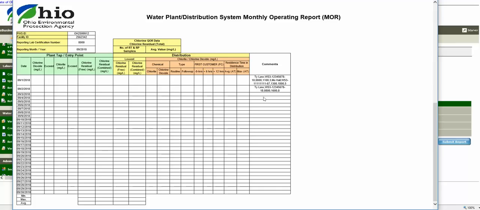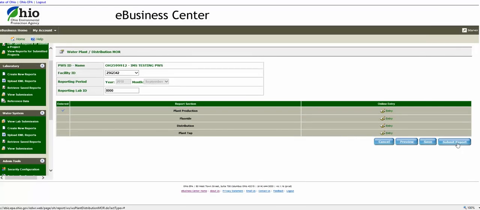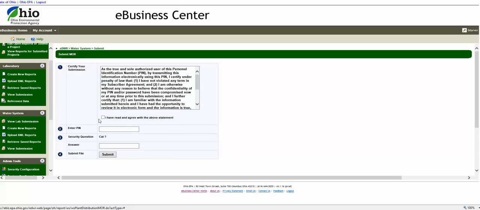It would continue down the page if I would have filled out every day that was required. So I would go ahead, and if my report was complete, submit. And just as we always do, I'm going to pin my report and answer my security question and submit.